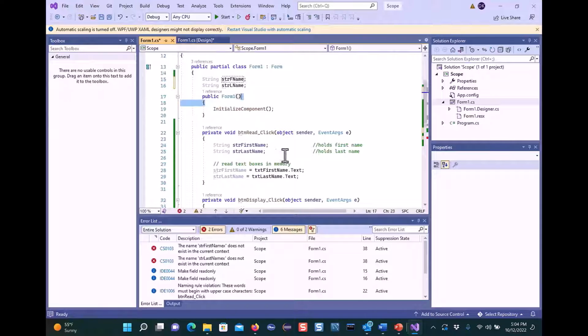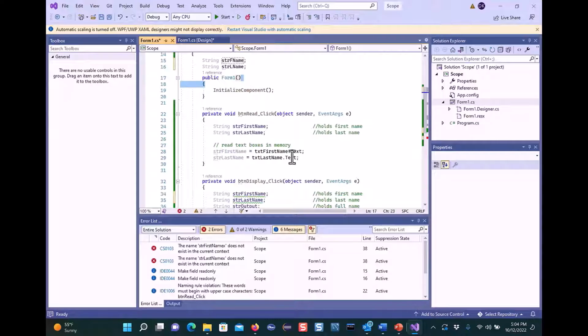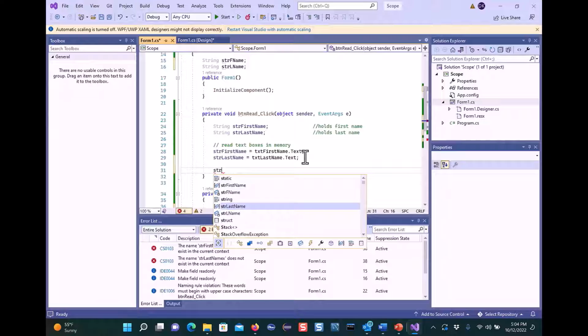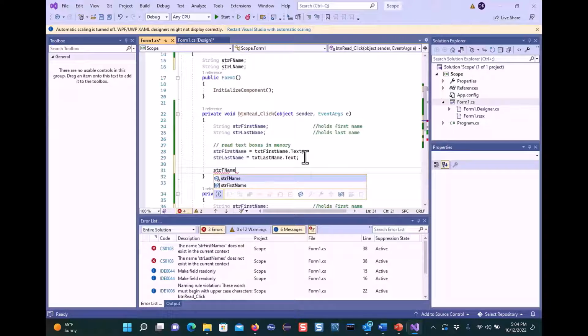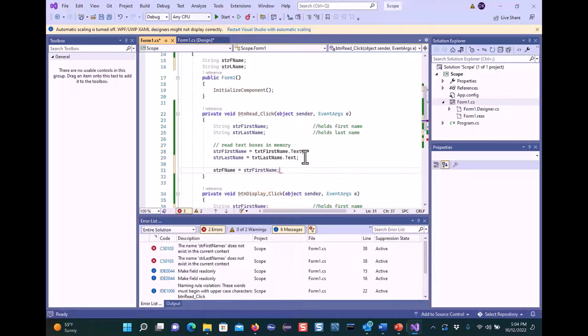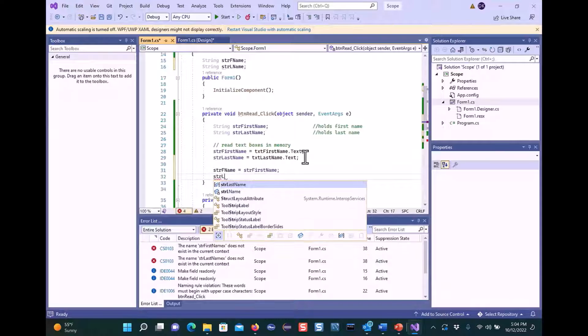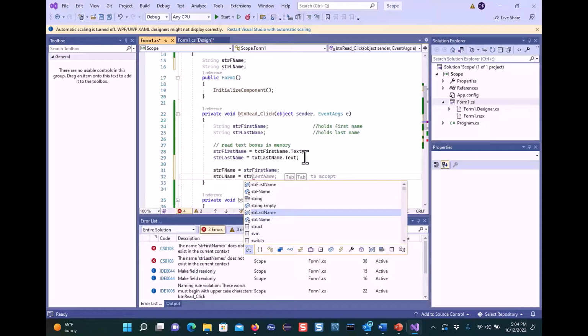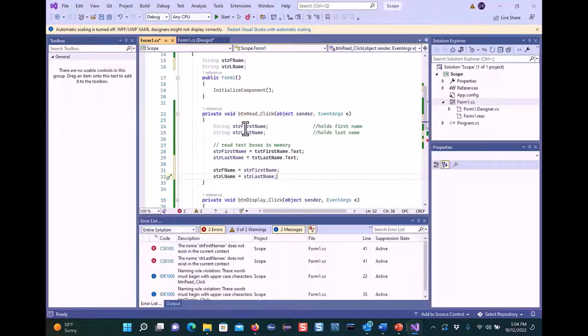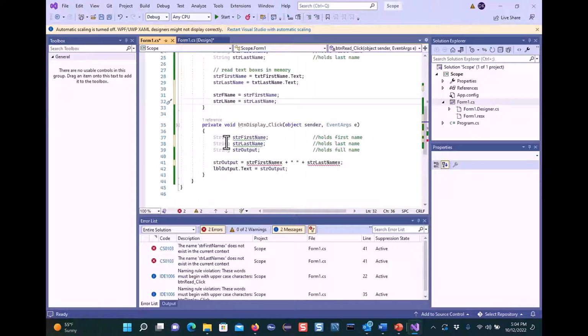Then what I'm going to do is take these things, read these text boxes in, and then move them. strFName is now going to be equal to strFirstName, and strLName is going to be equal to strLastName. So I'm basically sampling the variables here, reading the data into these variables, and then moving those variables up to the global variables. Now in this particular routine, I'm going to create a routine that's going to say, okay,